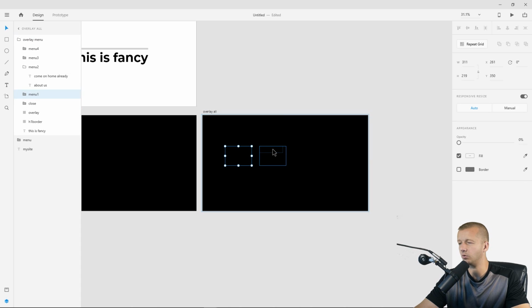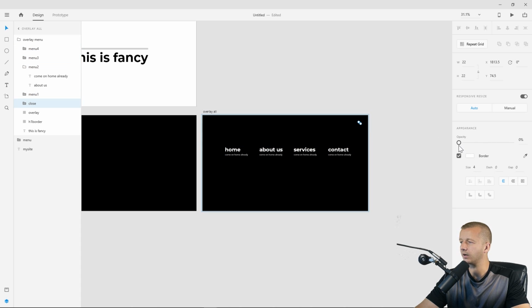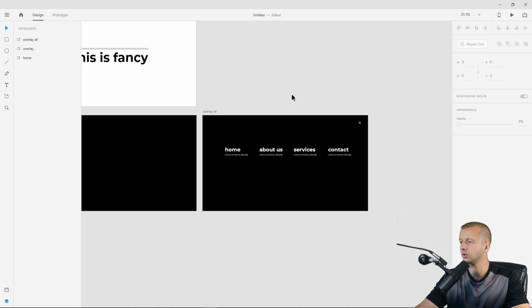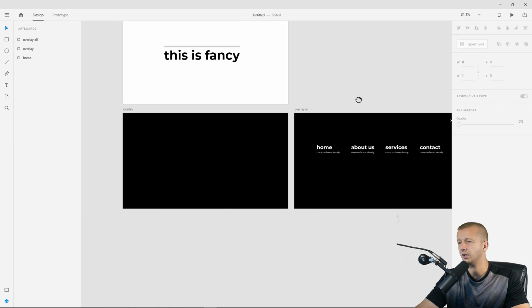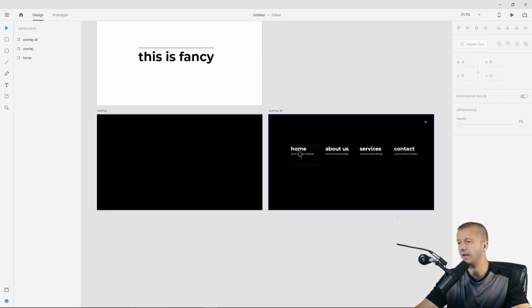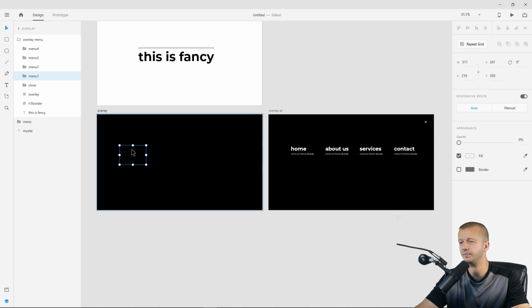I'll just double click this and then hold shift, left click once, left click once, left click once. These are going to have an opacity of 100%, as well as our little icon up here. All right, so this is the final result. Now, if we want these to animate into this position right here, we have to take each one of these